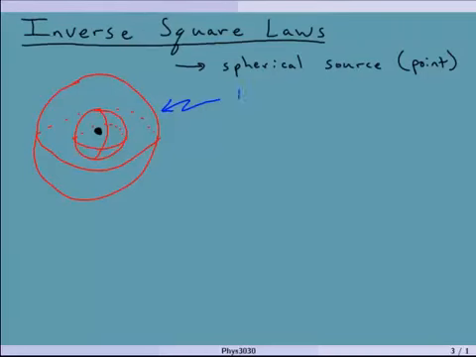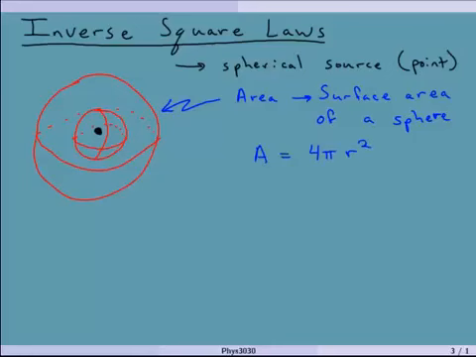And the area of this thing is the surface area of a sphere, right? Which is, so the surface area of a sphere is 4 pi times r squared. Okay, where r, right, is